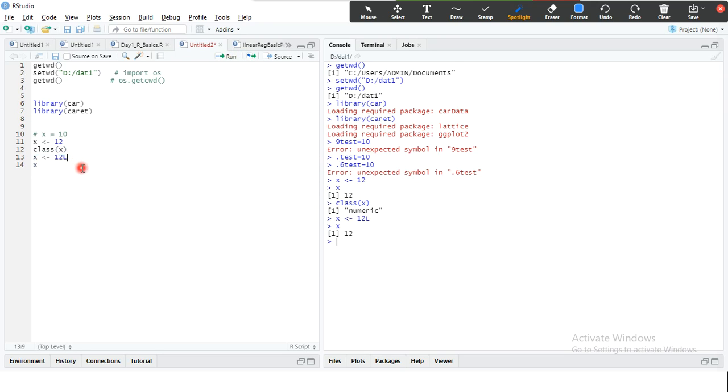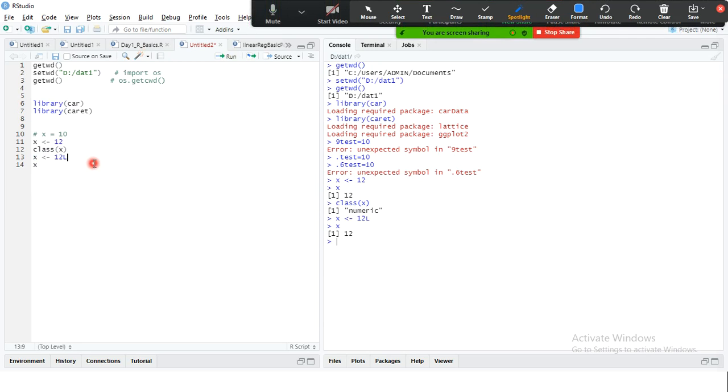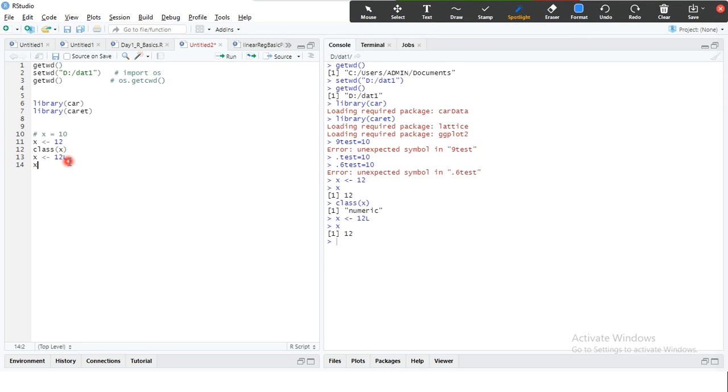In Scala we use L for storing the long data type, but here to specify the integer data type, we need to specify L as a suffix to the number value. Let me type the data type of this one. If I print it, I can see integer.